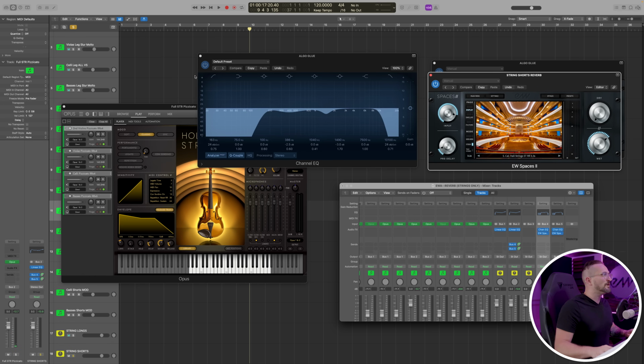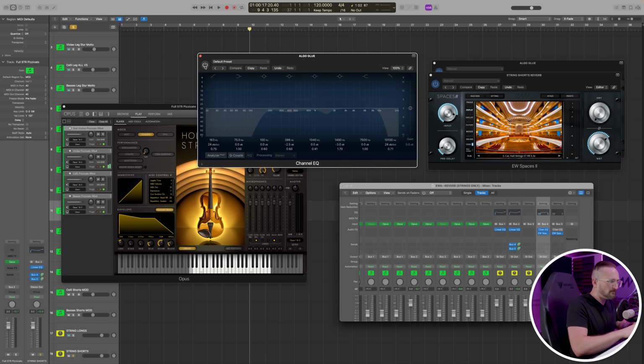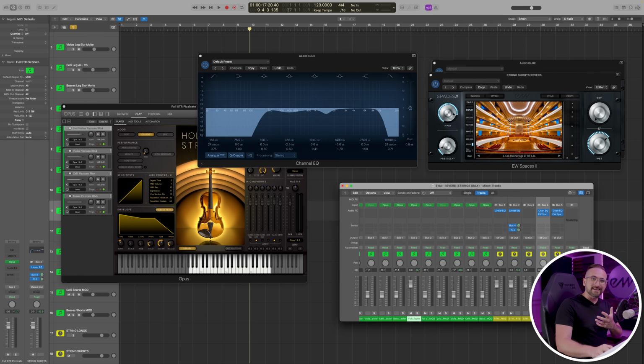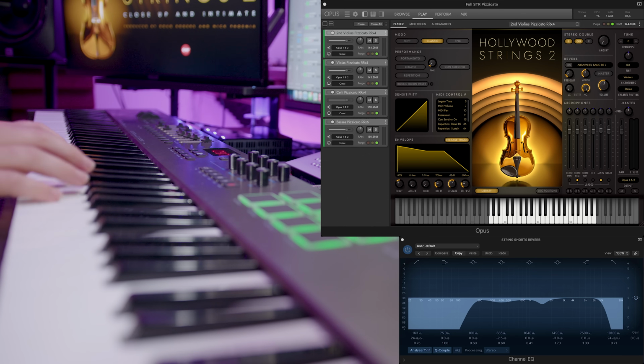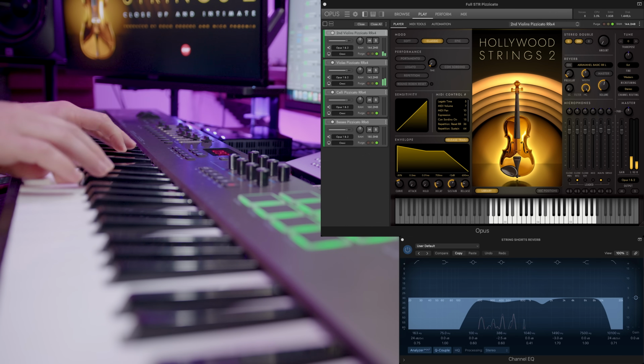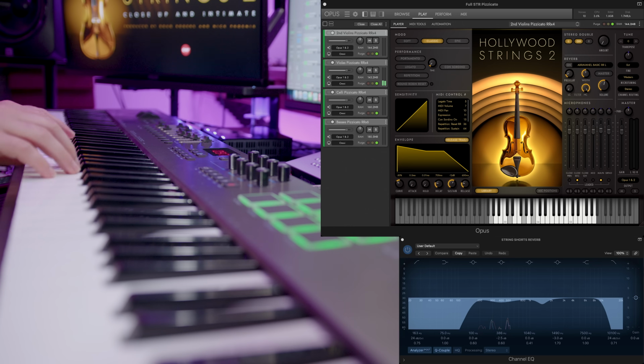And then here's this one without the EQ. So I think the effect on this one is a little bit more subtle, but in the context of a full mix, it's really going to help to clean up the sound. And let's hear the effect of both reverbs and these EQs now with the pizzicato strings. So that is feeling pretty good to me.